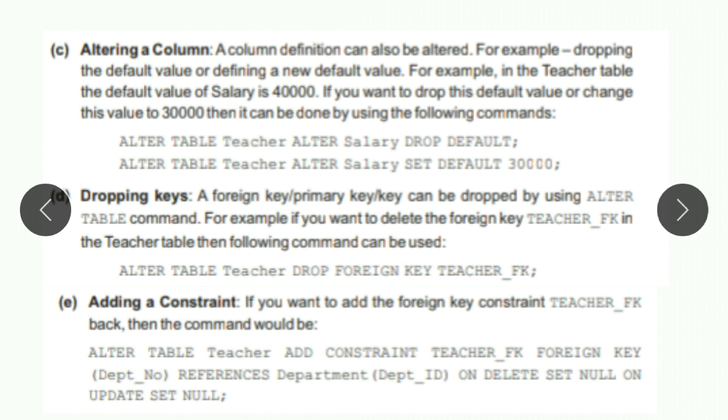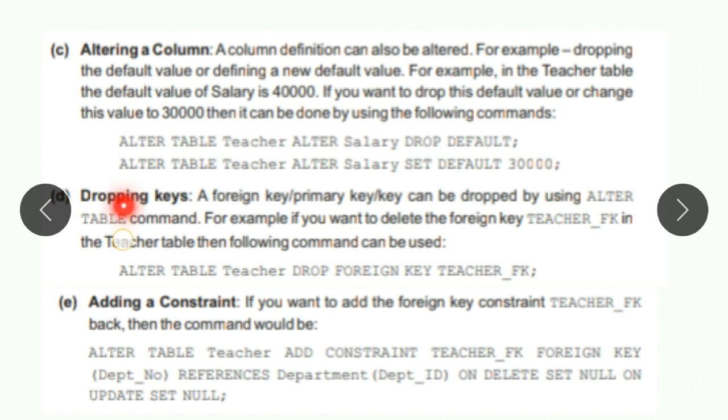So for this, you will use the command alter table, table name, alter salary, drop default. It means that the 40,000 salary which you were using earlier, you have to remove that. For that, you will use drop. Alter table teacher, alter salary, set default 30,000. Means once you have removed the default value 40,000, you have set the default value as 30,000. So like this you can alter a column.